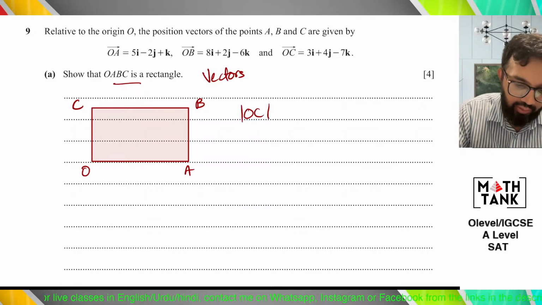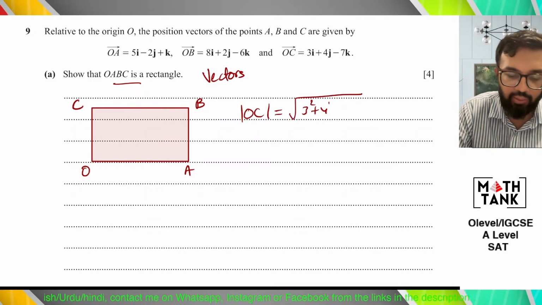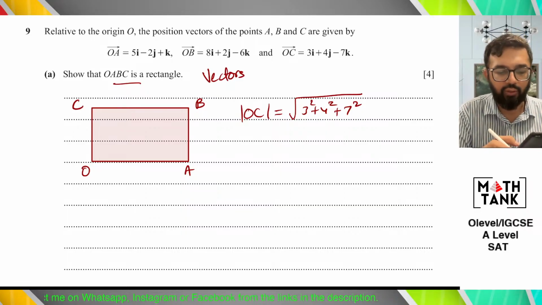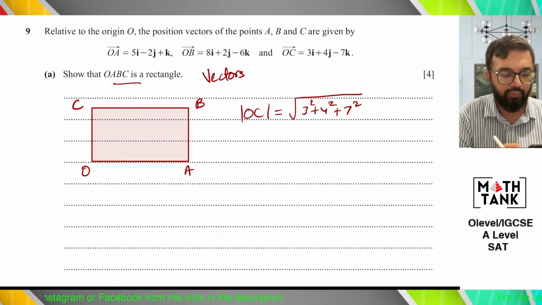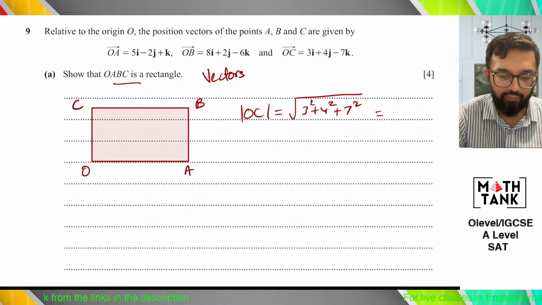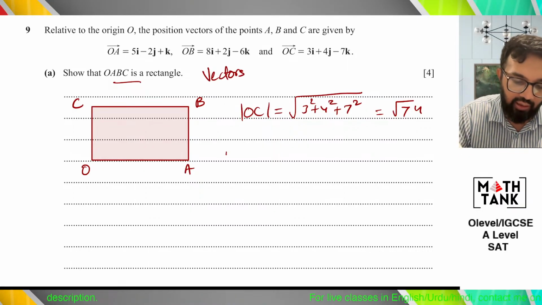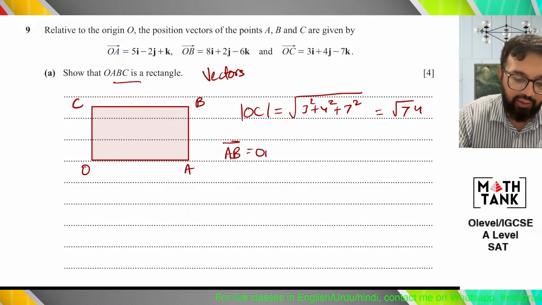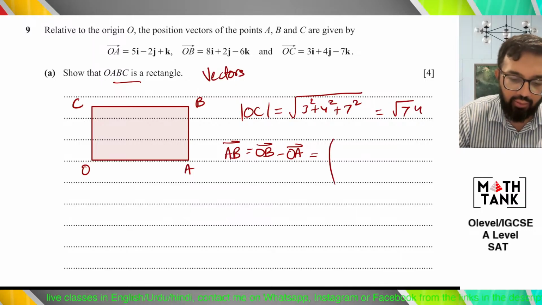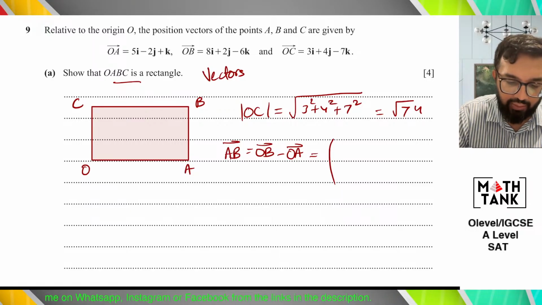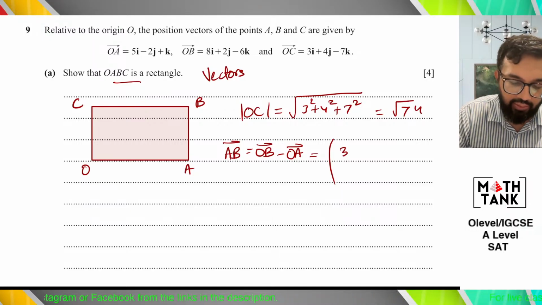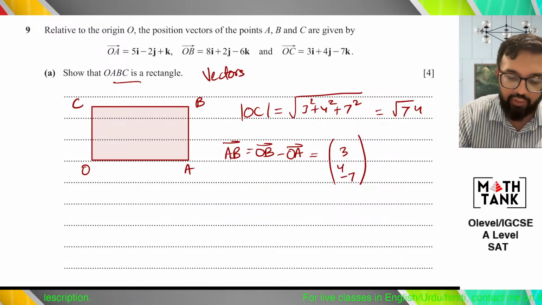तो पहले तो मैं ओ सी का मैग्नीट्यूड निकाल लेता हूँ, दैट्स 3 स्क्वायर प्लस 4 स्क्वायर प्लस 7 स्क्वायर। ओके, 49 प्लस 25, रूट ऑफ 74। ये किसके बराबर होना चाहिए? ए बी के बराबर होना चाहिए। ए बी मेरे पास नहीं है, सो आई एम गोइंग टू से ओ बी माइनस ओ। आई कैन ऑल्सो शो यू के वेक्टर्स बराबर आएंगे, तब भी सेम बात हो जाएगी। मैं उनको परपेंडिकुलर बाद में प्रूफ कर दूंगा। सही है। सो 8 माइनस 5 गिव्स मी 3, 2 माइनस 2 गिव्स मी 4 एंड 7 माइनस 6 माइनस 1 गिव्स मी -7।